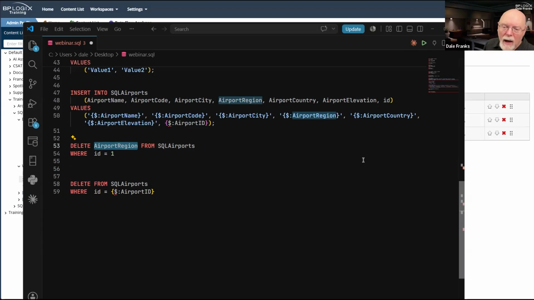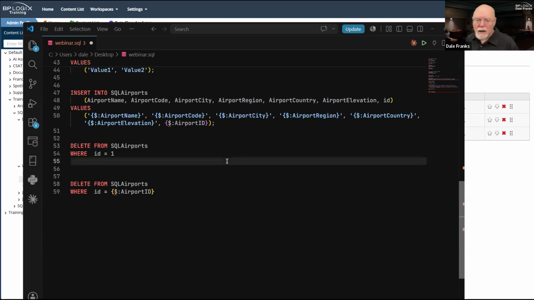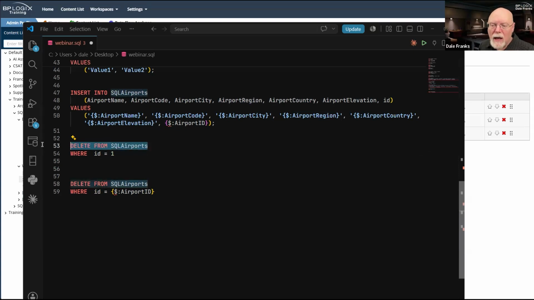data, but most of the time, what I'm going to end up writing, and what we're going to use today, is just delete from SQL airports. So that means get rid of everything where the ID equals whatever the ID is, one standing in for any number.